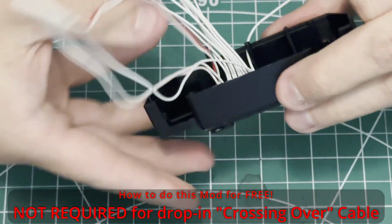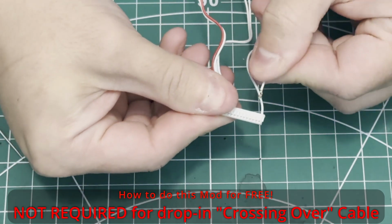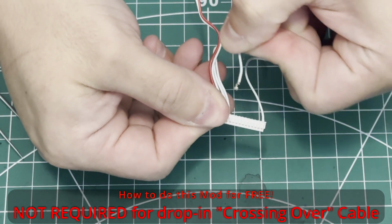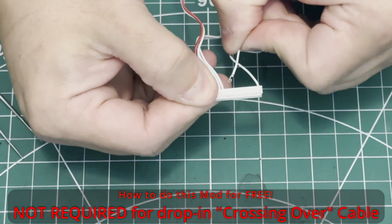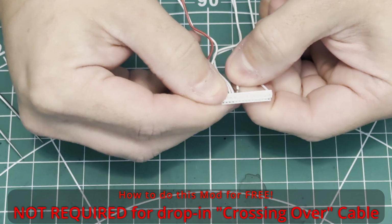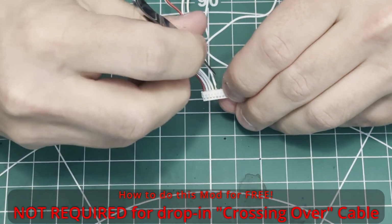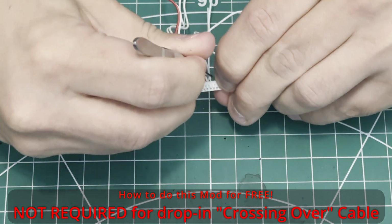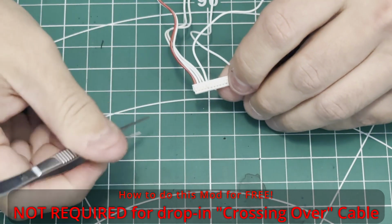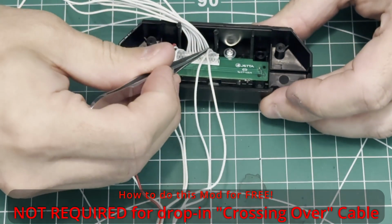We're going to take the 14th conductor, the 14th wire, which would normally go in this position, in the 14th spot here, and we're going to move it over to the 5th spot. It's going to be exactly opposite. There's a little tab that sticks up that locks this into the white nylon connector, and I use a pair of tweezers to finish pushing it all the way, and then give it a little tug just to make sure